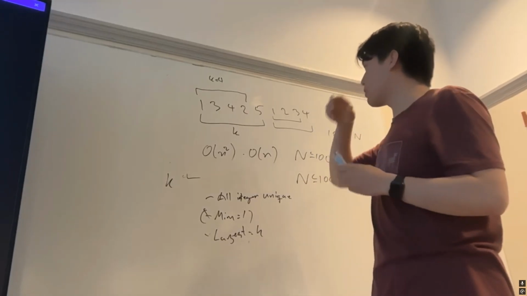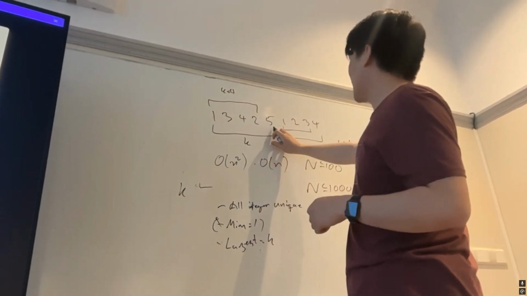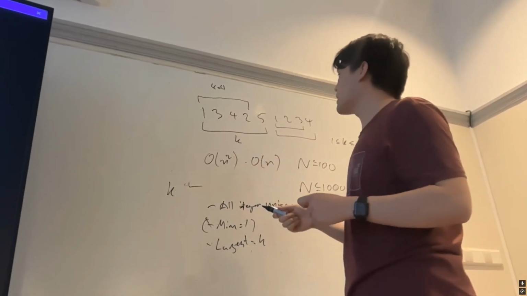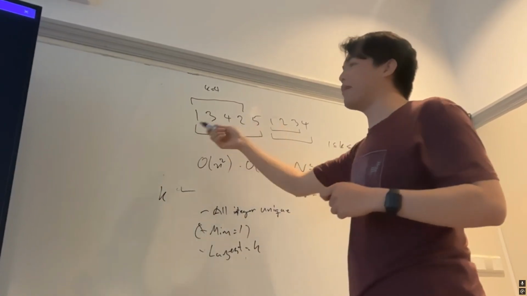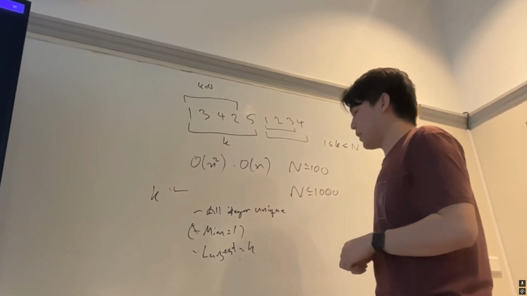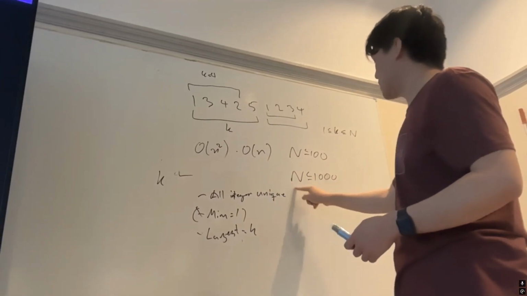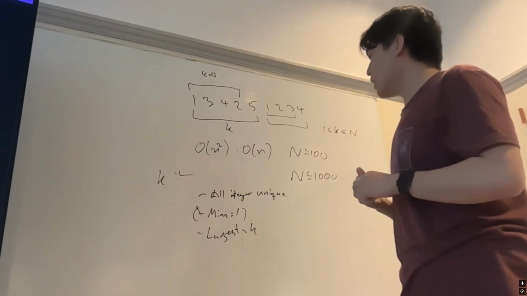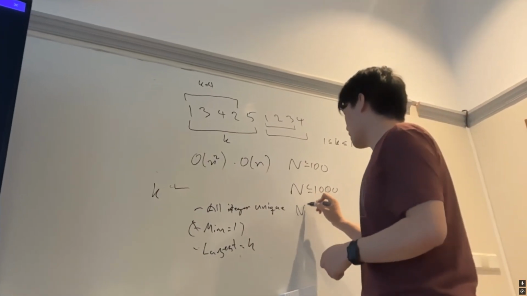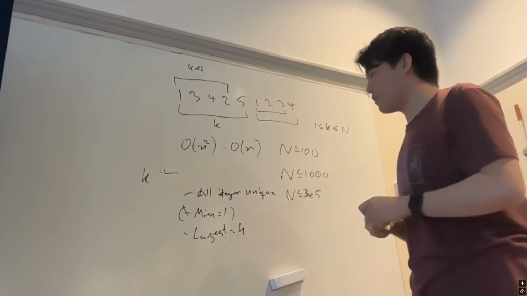Another way is to, for example, check for each integer what is the closest next index that has the same number. We do some pre-computation to calculate that, and we can do some minimum query over that. There are different ways to do this, and all of them can solve a quadratic solution for this. And to make this even faster, to be able to solve for bigger n, meaning n less than 1e5, I think it was 3e5, we had to do something more